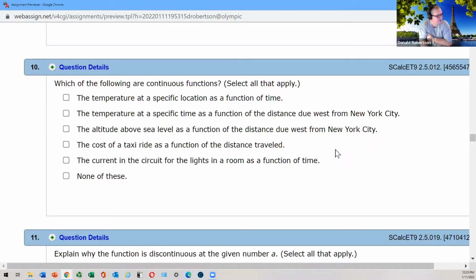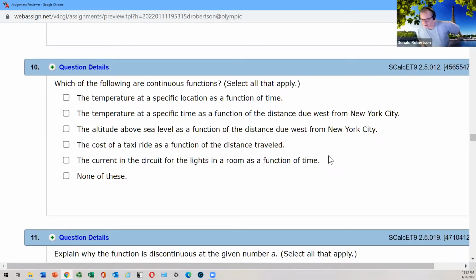Yeah, because taxis will charge X much up to this, and then they'll change the rate. Right, and that's what I'm thinking. I'll make up numbers. It's $4 a mile, but once it's over 10 miles, I charge you $5 a mile, right? And then there's a charge just to get in the taxi, and that's another jump. So if I was sketching that, wouldn't it probably be full of all sorts of jump discontinuities? Yeah. So that's what my gut feeling is.